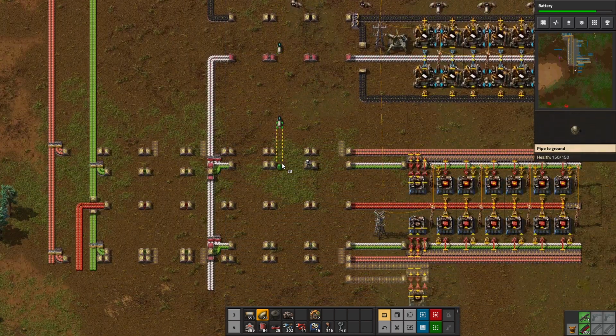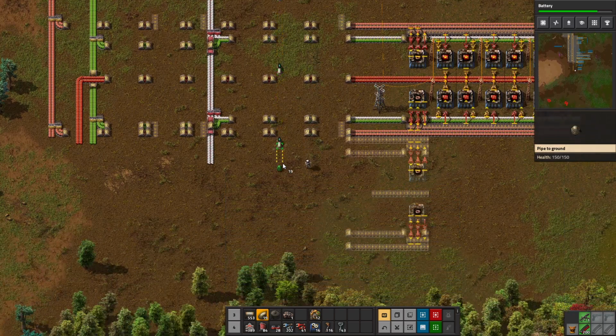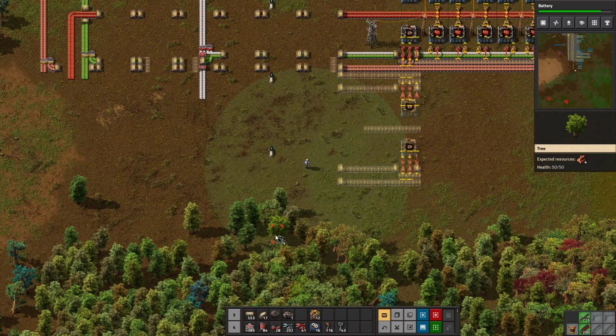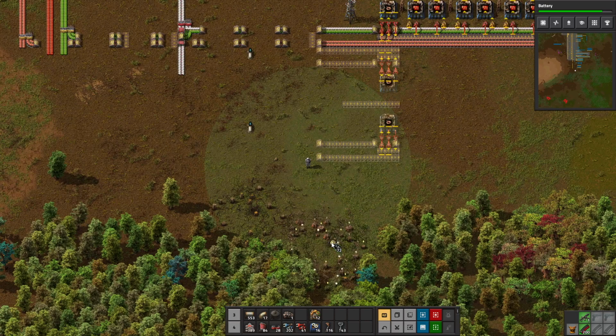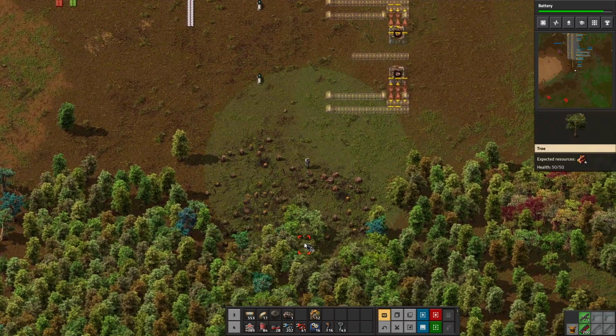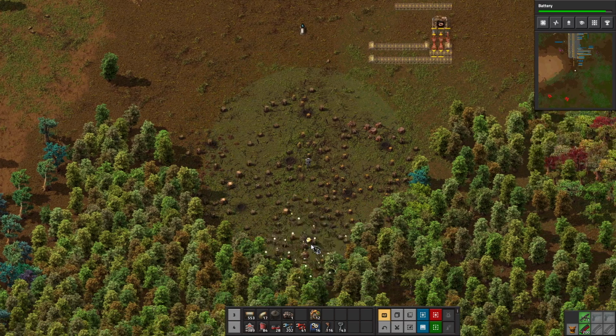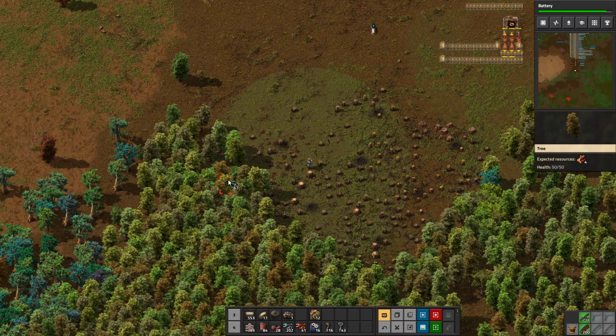Past these guys. Past my red guys, and that means I'm going to need some of these, because now I'm not going to be making explosives and cliff explosives